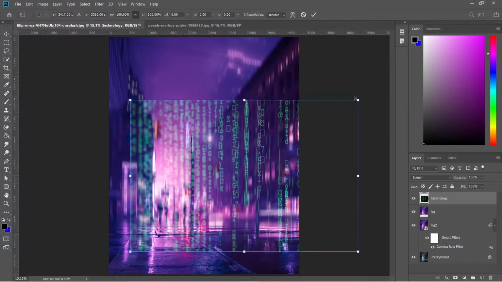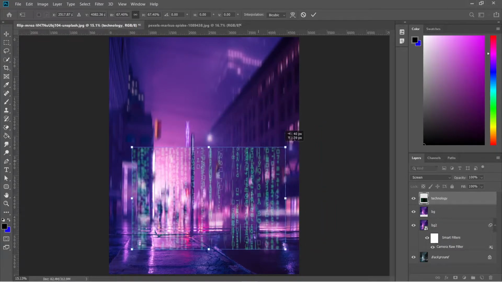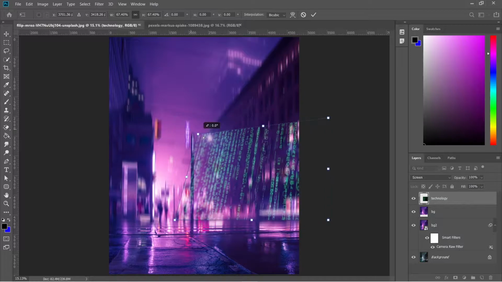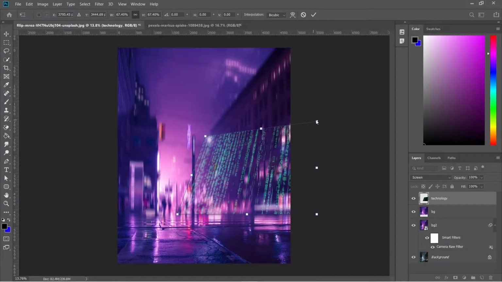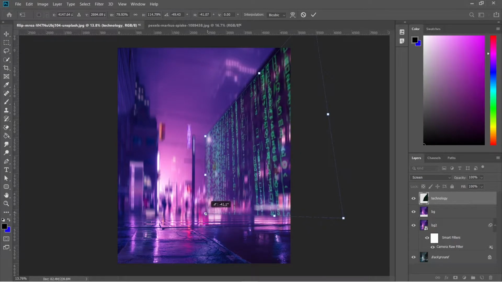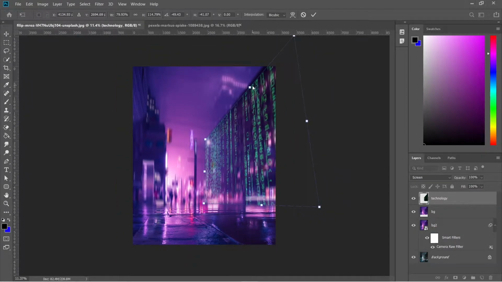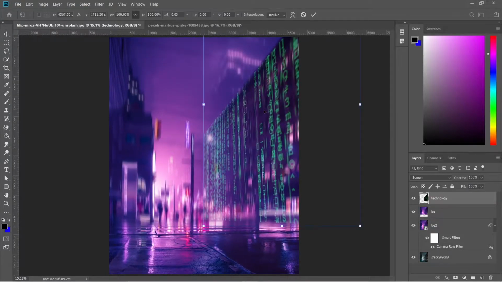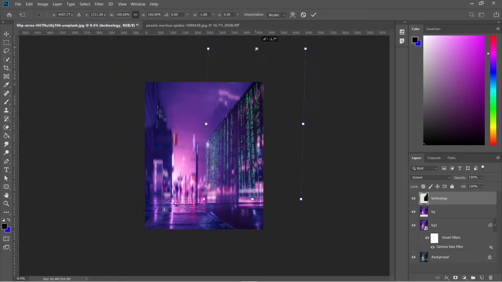Let's press Ctrl plus T. Let's decrease the size first and use distort to place it. Try to place it like 90 degree.